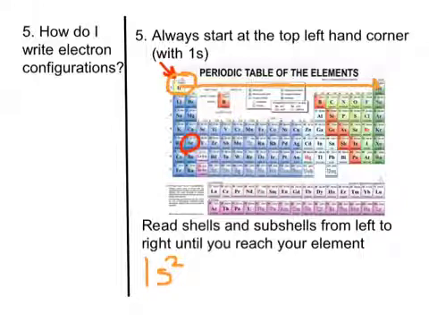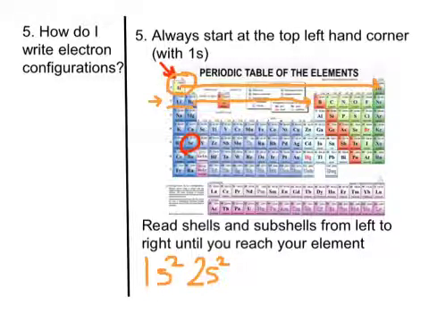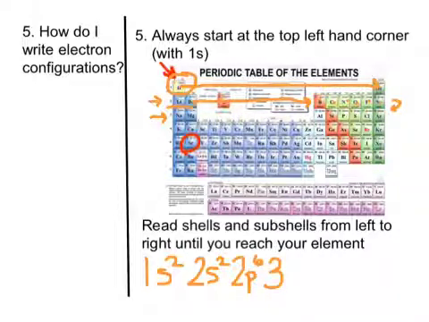Now we go to the next row, and we go 2s, and we fill up that row with 2, so 2s2. Then we keep going across that row, and we hit 2p, and there's 1, 2, 3, 4, 5, 6 spots, so that's 2p6. And we're still not at strontium yet, so we keep going down to the next row, which is shell 3, and we have an S subshell that has 1, 2 spots in it, so that's 3s2,